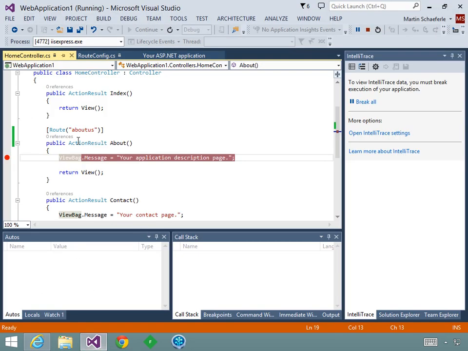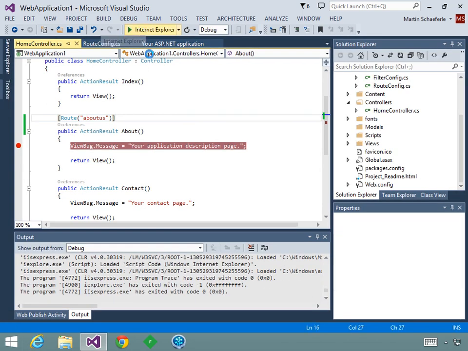When setting up a route attribute, by default, when you specify what the route path is going to be, it does not automatically include the controller name. So instead of home/about, it's now just About Us. But I want to show you one other very interesting feature about this. If I go to run this,